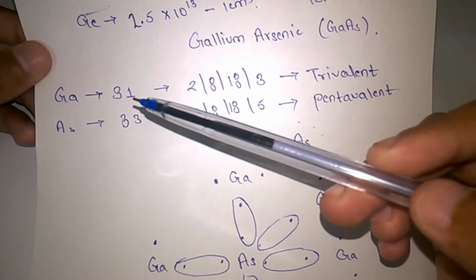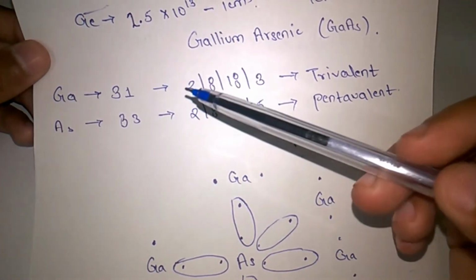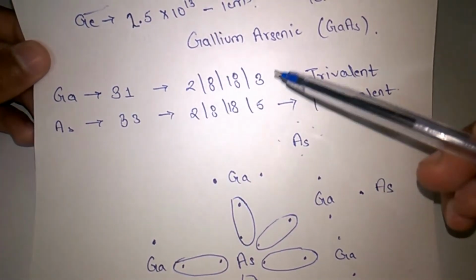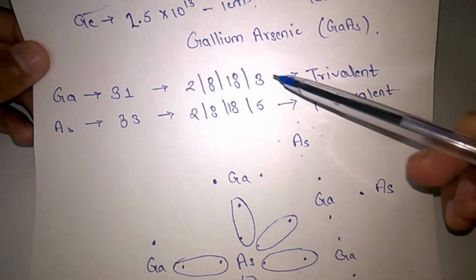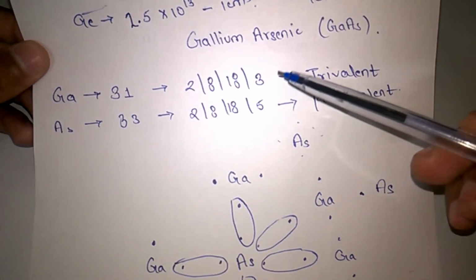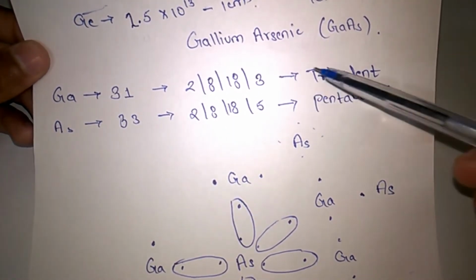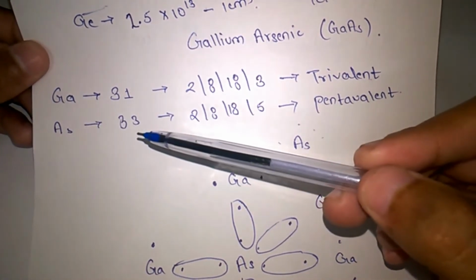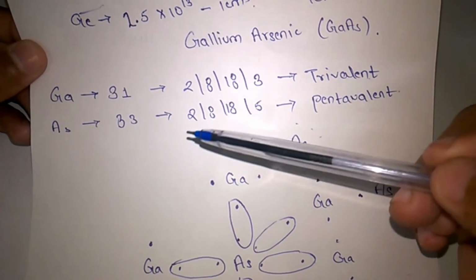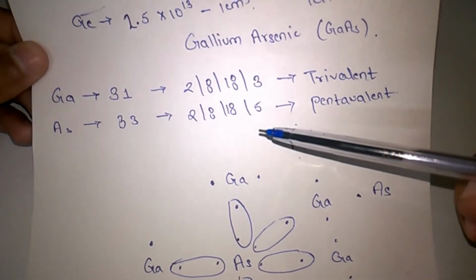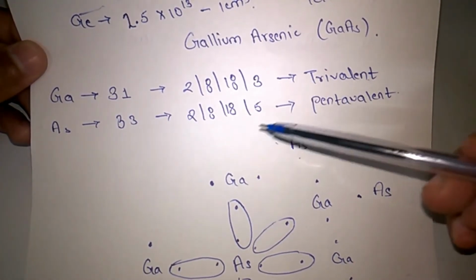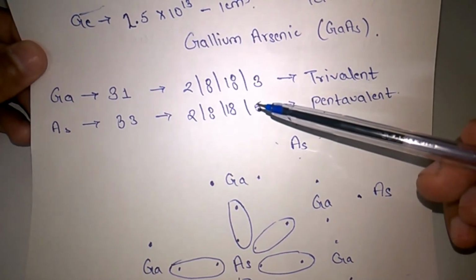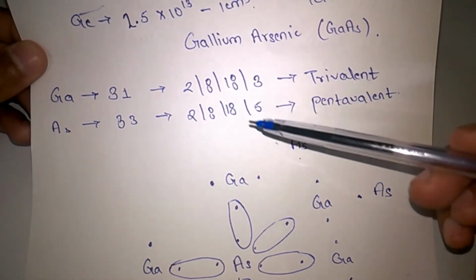Gallium has an atomic number of 31, which can be configured as 2, 8, 18 and 3. It has 3 electrons in its outermost shell, means in the valence shell. So it is called trivalent. And arsenic has atomic number 33, so it can be configured as 2, 8, 18 and 5. So the outermost shell, which is the valence shell, has 5 electrons,